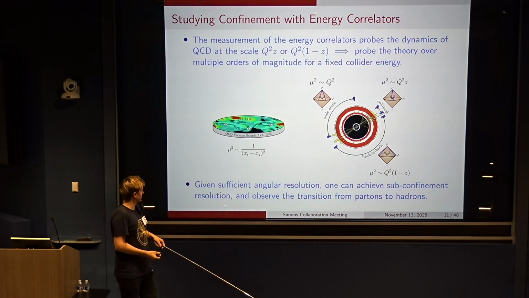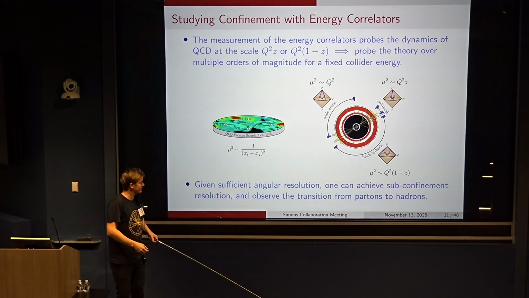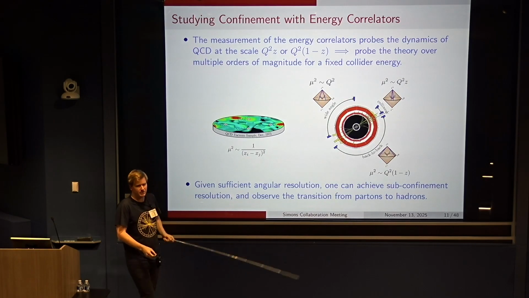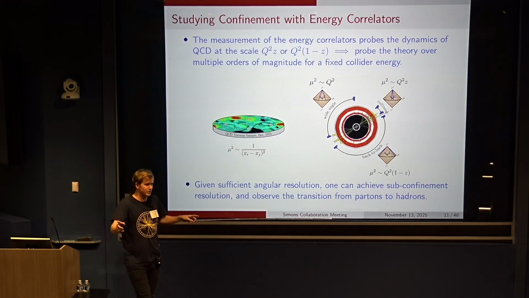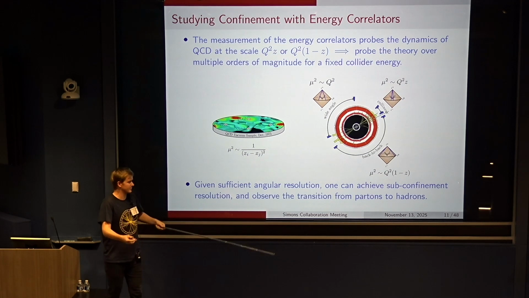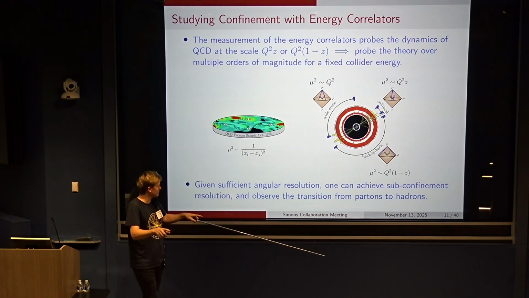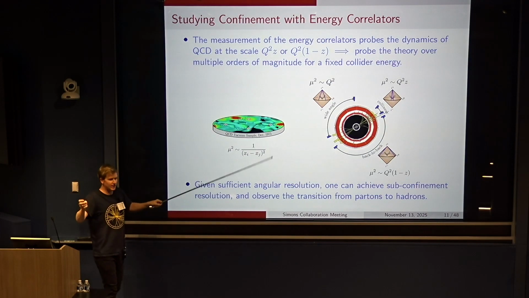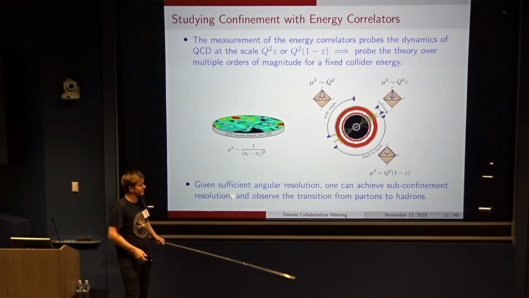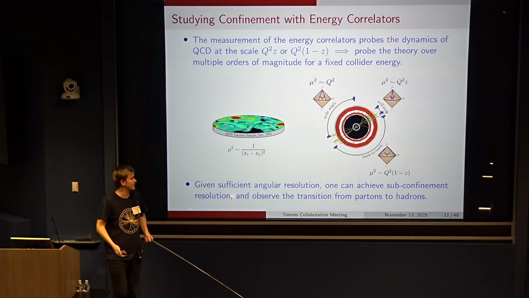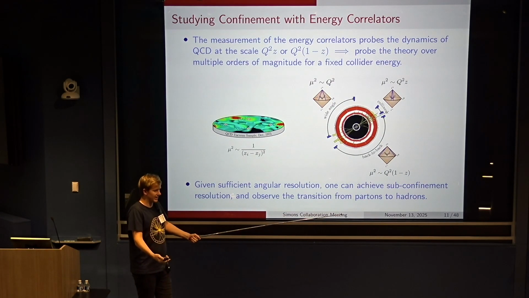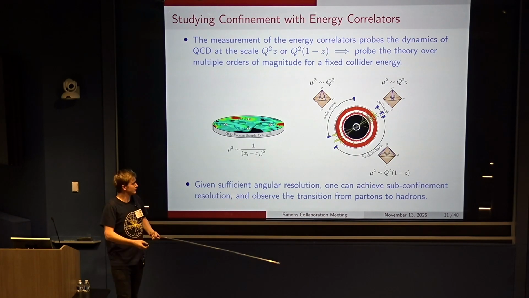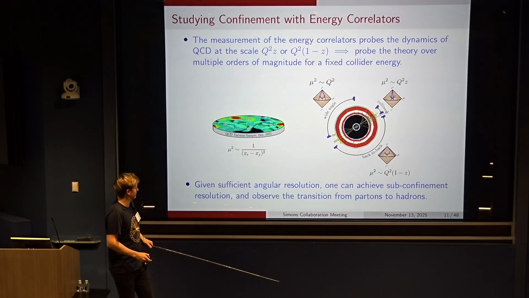And so in particular, if you had, for example, infinite angular resolution, you could really perform this measurement all the way from a kind of very high scale q squared, where you're probing the dynamics of the kind of partons in your underlying theory, and you can sweep this to sufficiently low angles that you actually have kind of sub-confinement resolution, and you can kind of really image the transition from partons to hadrons. And so this is this nice advantage of doing things asymptotically, is you can kind of really, in one experiment, sweep out a kind of huge range of scales in QCD. And so this is very nice, because we now have both an observable where we can actually understand what it's probing in the theory, and we can also use it to study the kind of confinement transition, or to sweep out the dynamics of QCD as a function of scale.